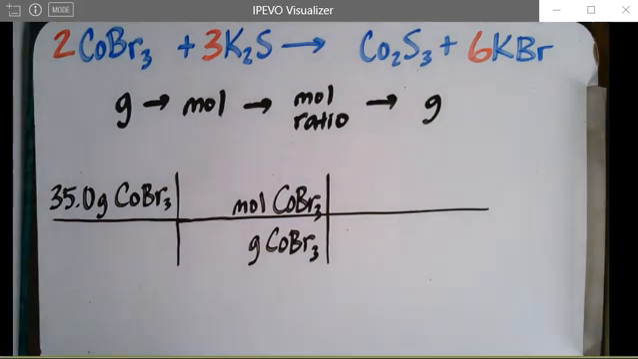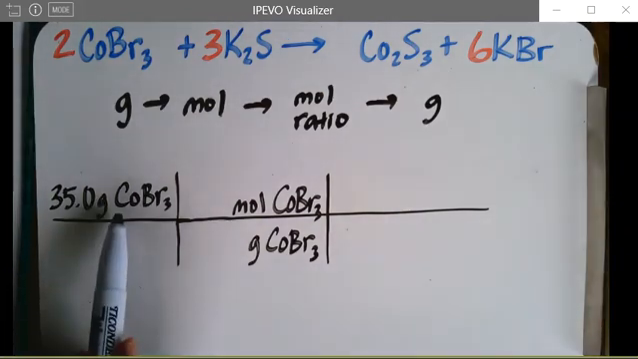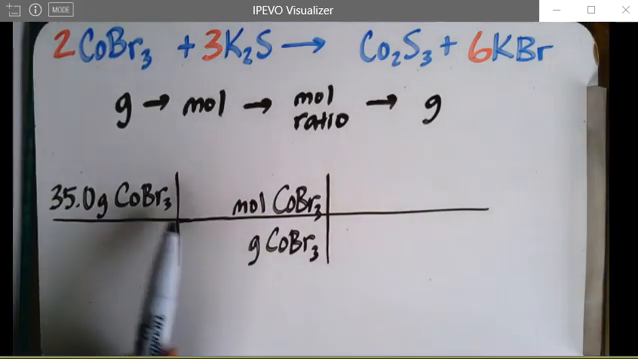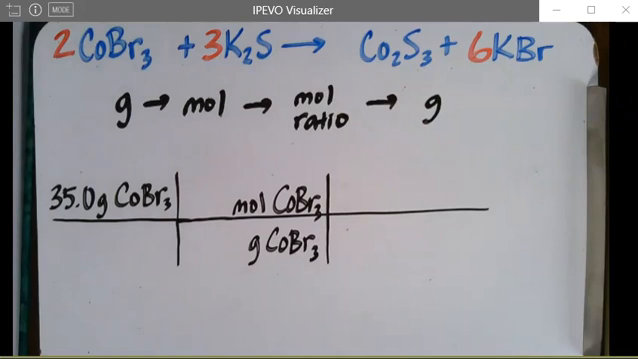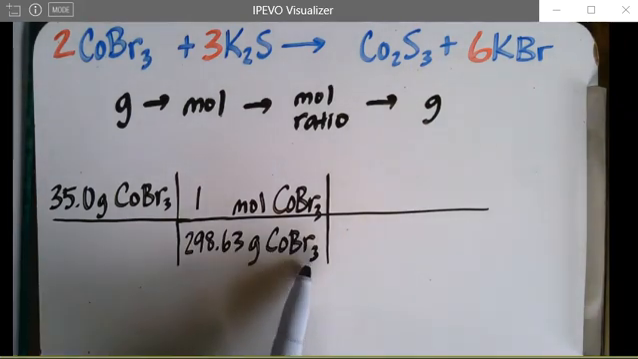Since the first step of our stoichiometric setup involves converting to moles of the given value, you can see that I've set up my labels so that grams cancel. Take a moment to calculate the molar mass of cobalt-3 bromide and write that in the correct spot. Hopefully, realizing that there's three